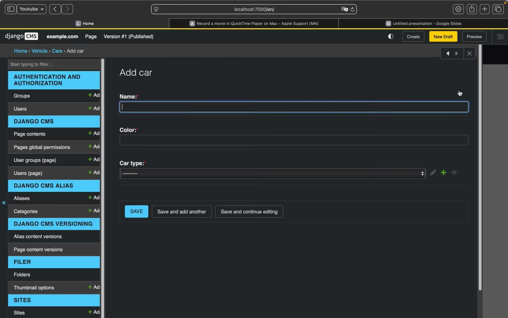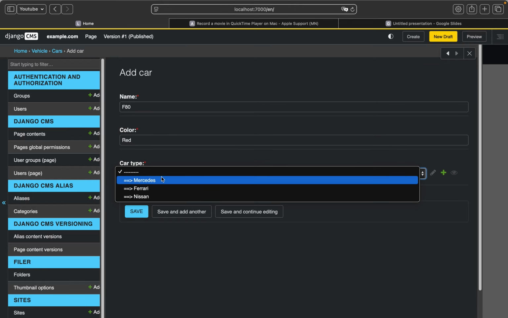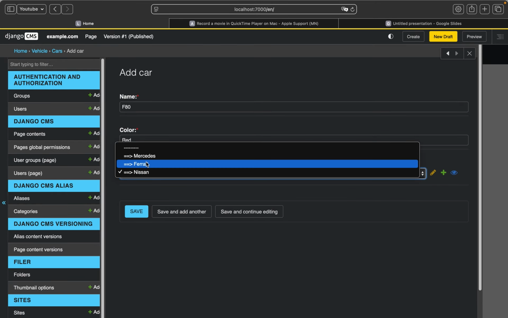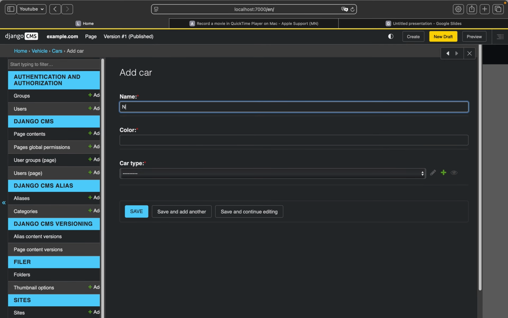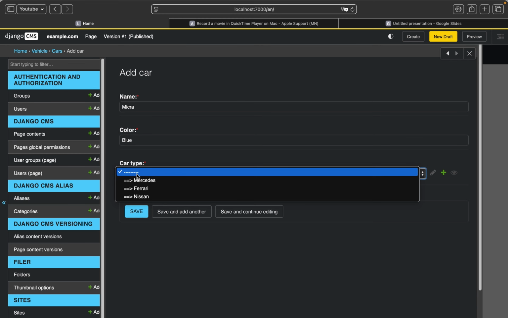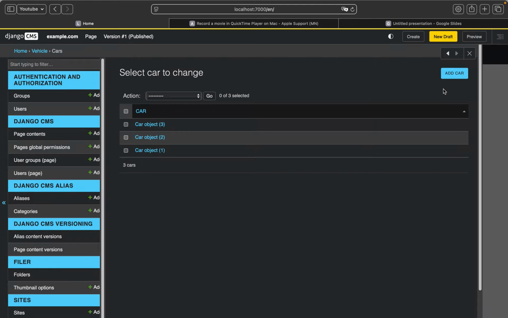So around color red. Right. No, it's a Ferrari. And we have one more to make it car. That's a blue color. Then we have some design. Right. So we've created some custom models for our cars and car model and